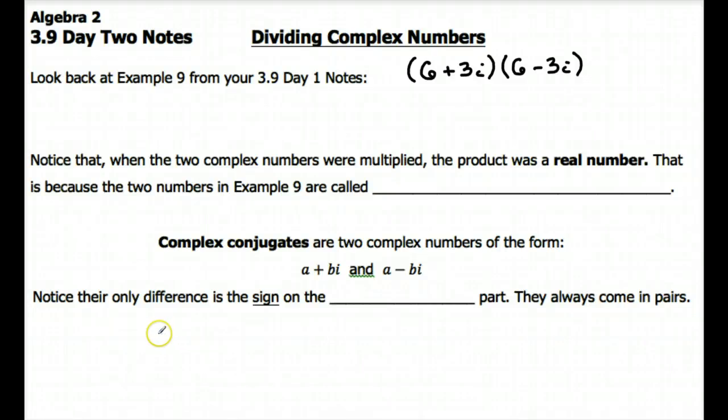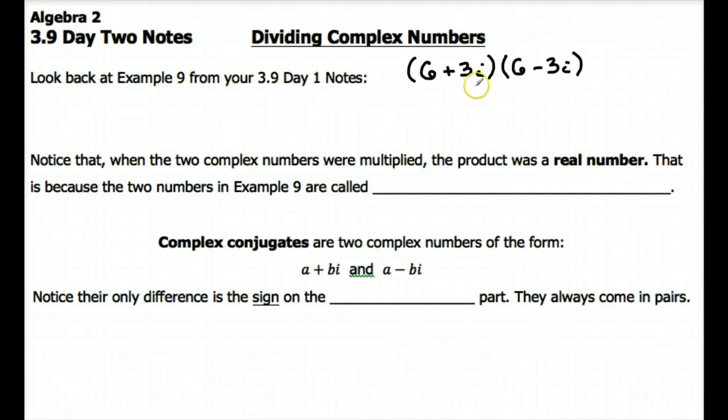Hey guys, so in this next lesson I want to start out by looking back at the last example from the last video. If you take a look at your notes and flip back, look at example 9 from 3.9 day 1, you're going to see this example right here, 6 plus 3i times the quantity